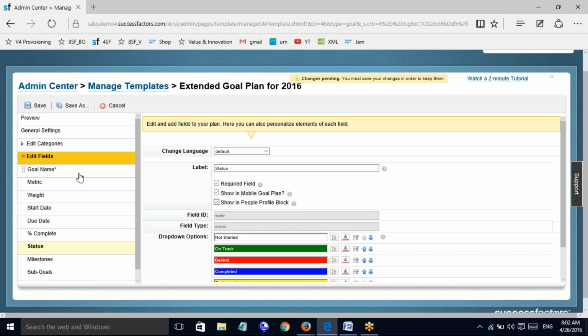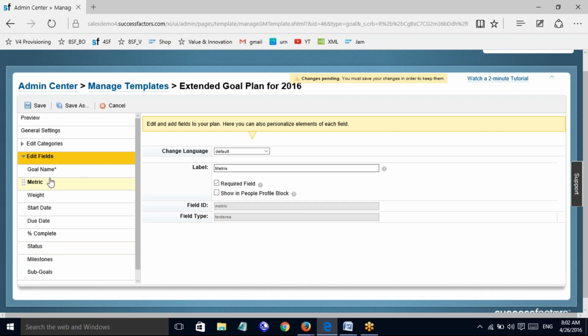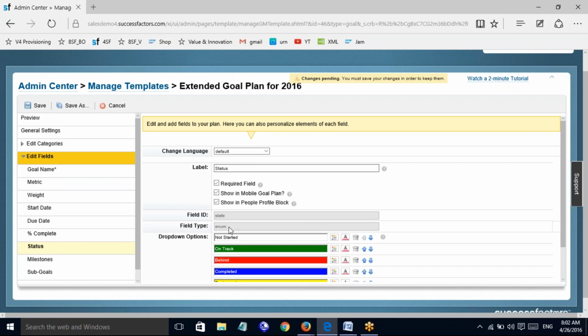Next, you see the state, the field ID, and the field type. By default, it comes from your provisioning, and every section has that. You can't change all this; these are highlighted in gray mode.